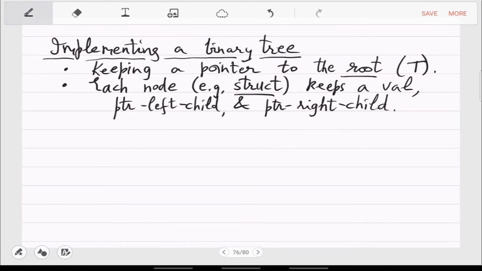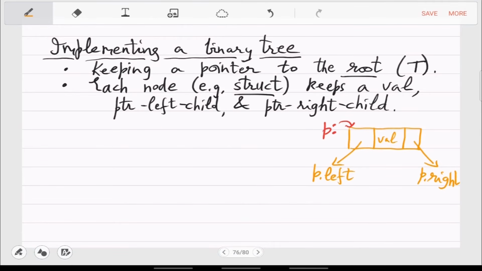Okay, so schematically, this is the struct. And this is P dot value.